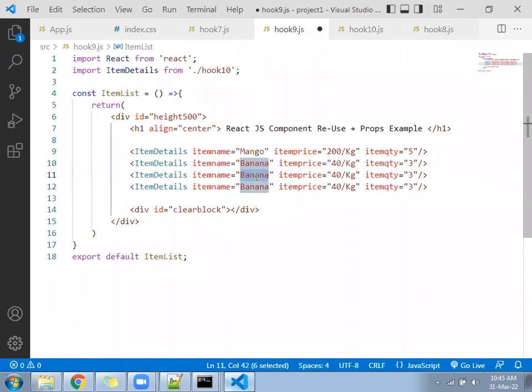In that case, we want a component to be reused many times, but whenever we call it, it should display a new record, not the same record. So I will use the props feature, and using props I can send values from one component to another component. And that is what properties are.